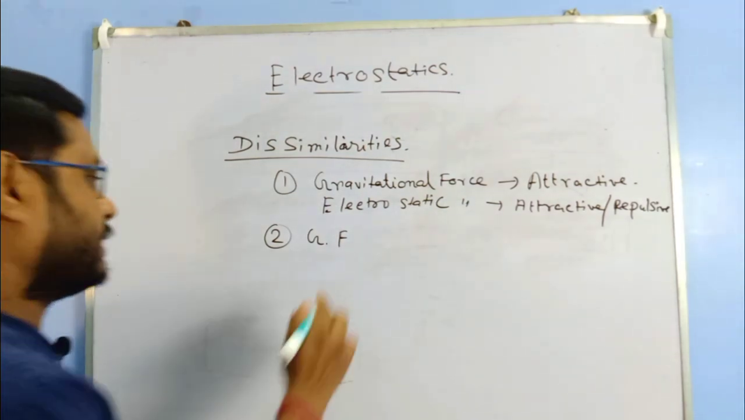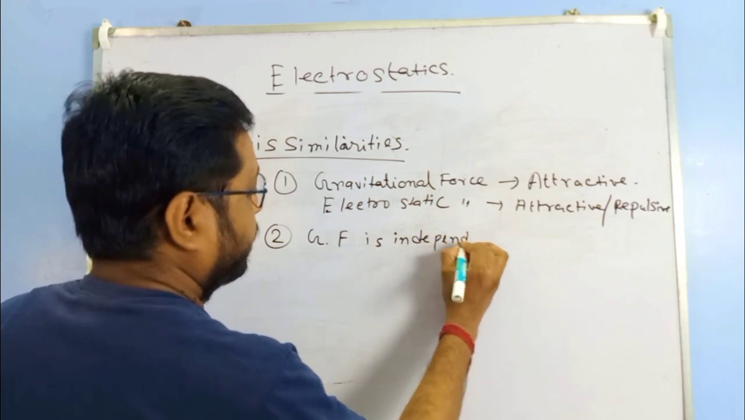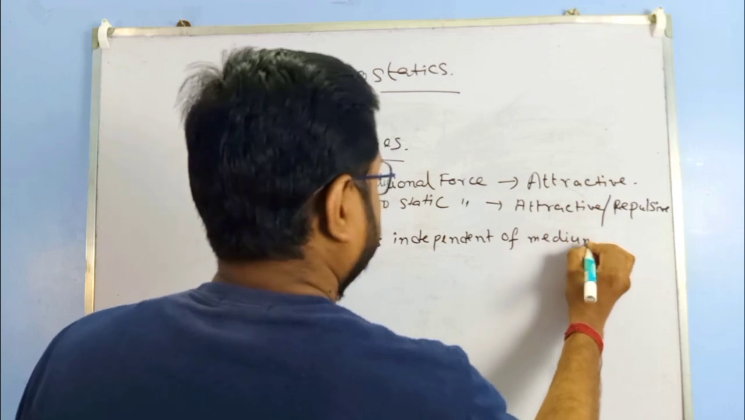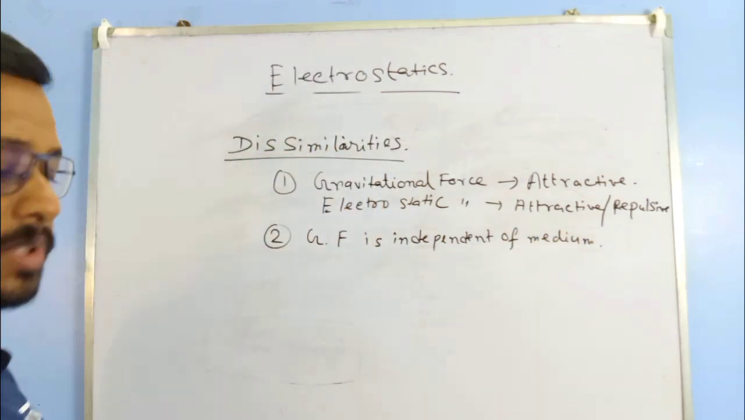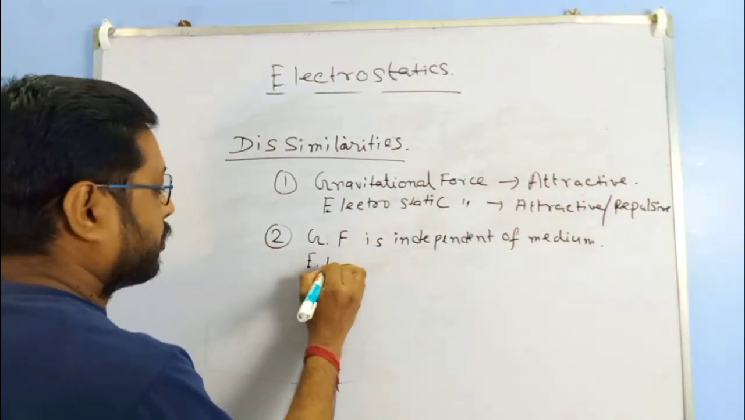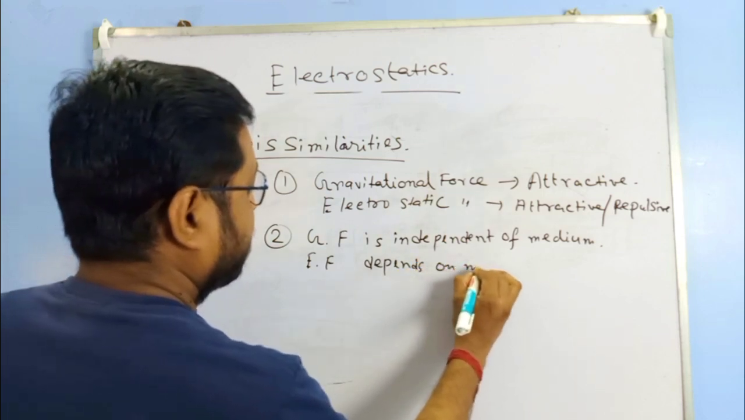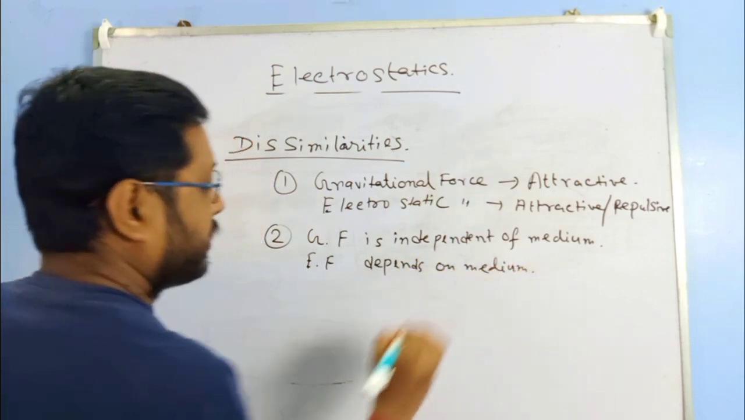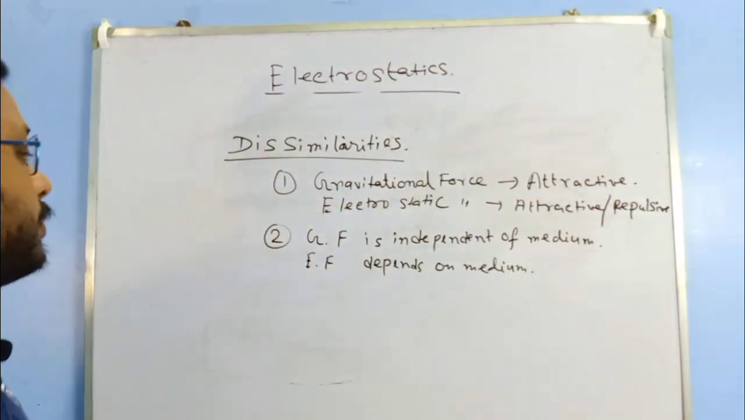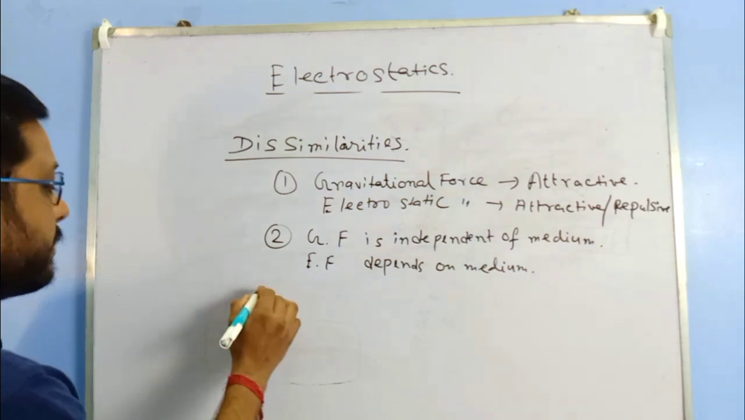Number 2, gravitational force, we can write it as Fg. Gravitational force is independent of medium. Whichever the medium, the gravitational force is the same. But electrostatic force depends on the medium, as we can show that F medium equals F air divided by the dielectric constant K. So gravitational force is independent of medium and electrostatic force depends on medium. Number 3 is